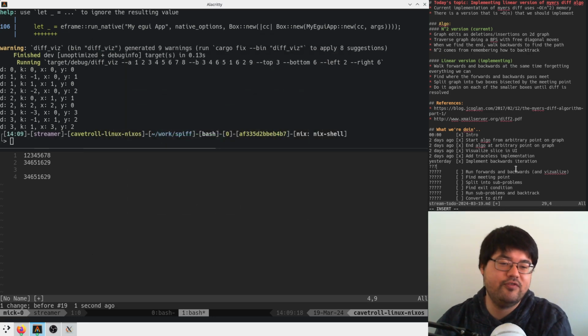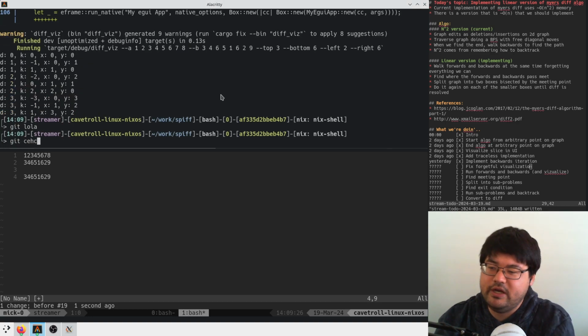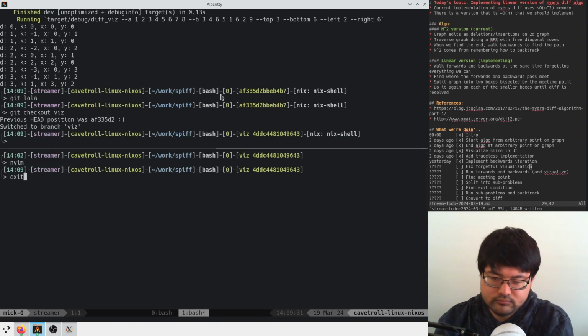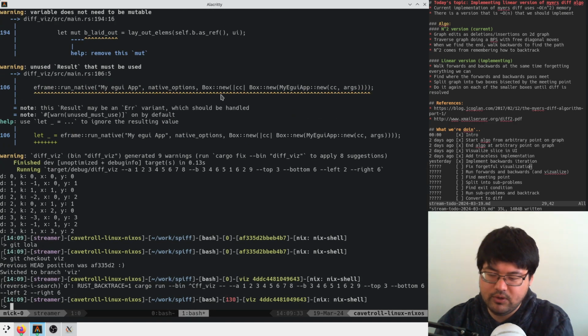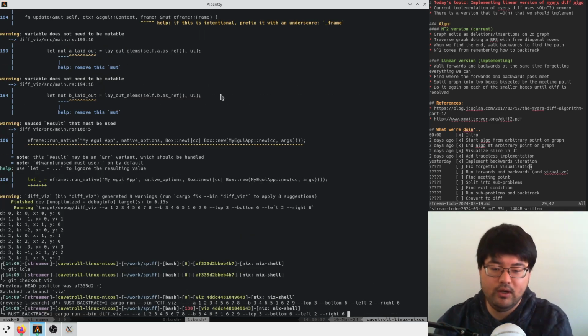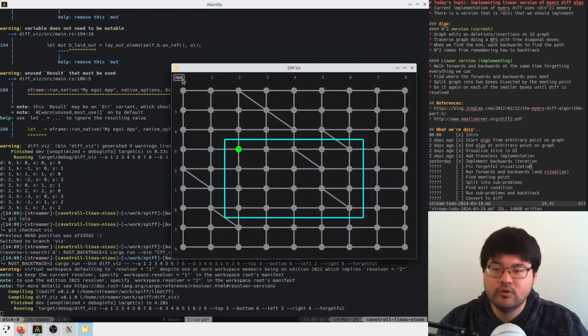But before all that, let's fix forgetful visualization, because I want to start from a good state. Okay. So let's just see what was going on when we ran forgetful. So it looks like what happens in this,